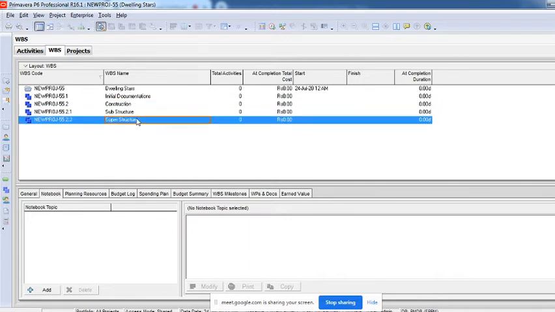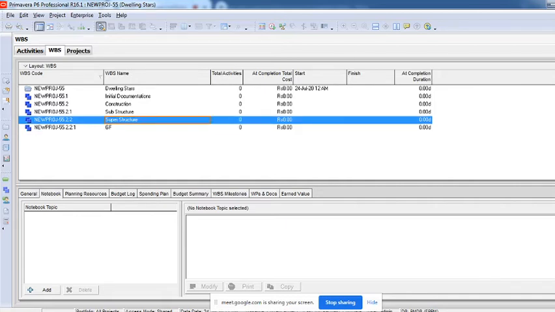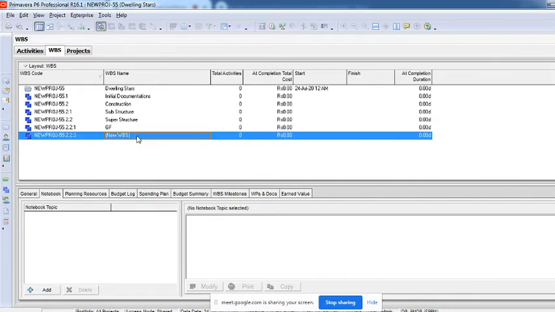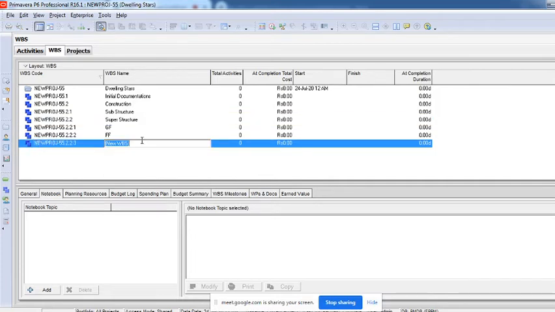Now if I have to create something under that, I have to click add again, and then I can create whatever I want under superstructure. Probably floors and all those things you can create. If I have to create a ground floor, then click again there and then say first floor. You can see every time I'm clicking on superstructure and then adding, so that it is getting added below that, and second floor like this.